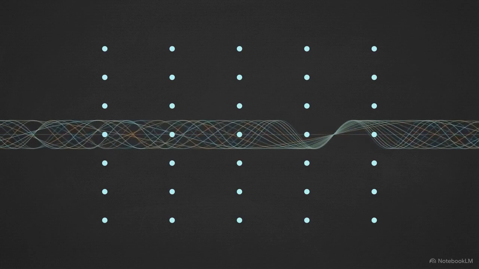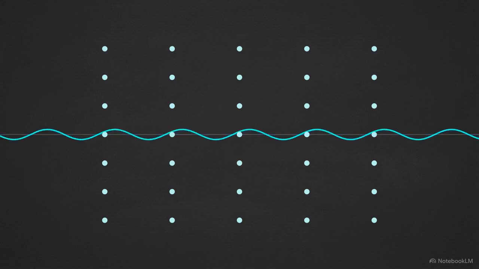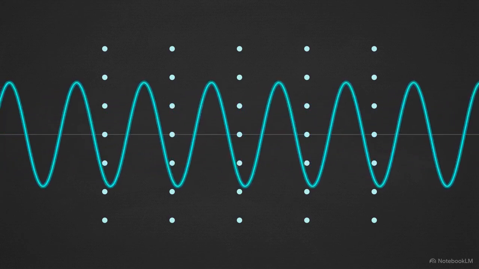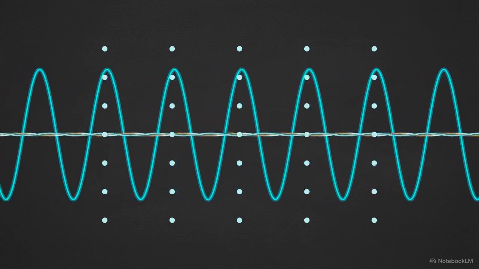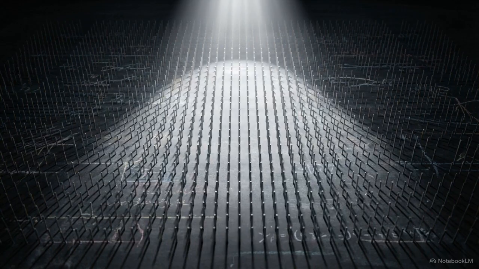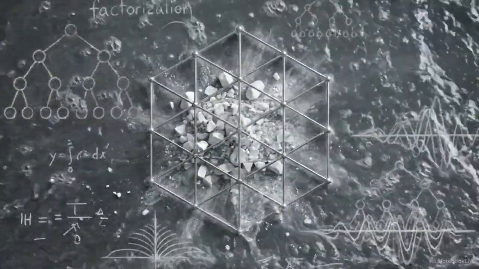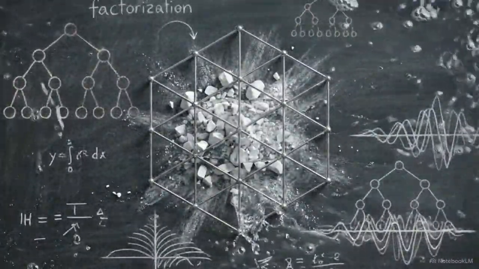We inject a continuous spectrum of simulated numerical wavefronts across this matrix. As these wavefronts strike the lattice points, the vast majority immediately cancel each other out. This occurs because constructive interference only survives if the wavelength matches the spacing between the encoded planes. If a frequency is not a factor, the reflections from different layers of the lattice are slightly offset. These misaligned peaks and troughs collide, systematically flattening the wave to zero. This physical interaction allows us to test thousands of potential divisors at the same time. The lattice acts as a physical sieve, instantaneously rejecting non-factors through wave cancellation rather than expending energy on sequential division.